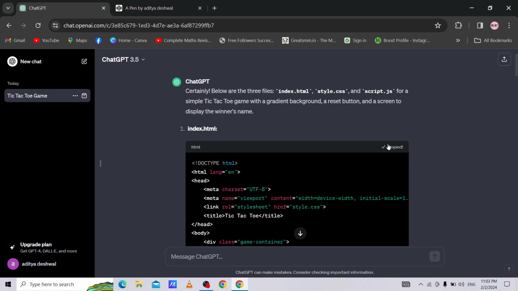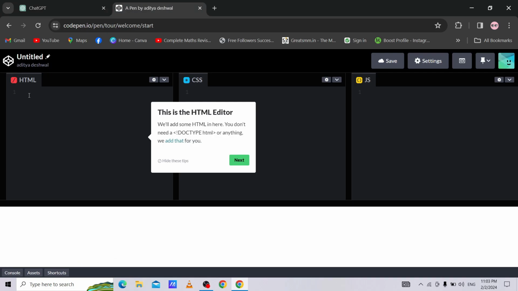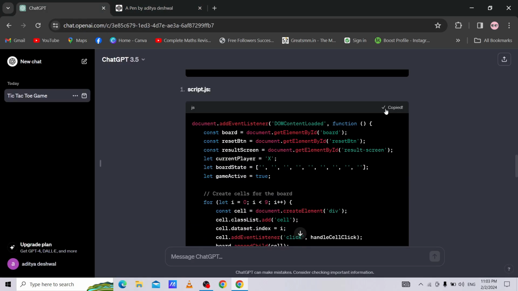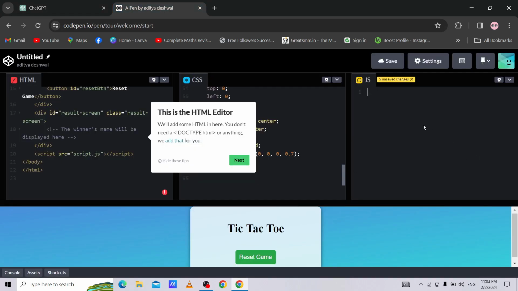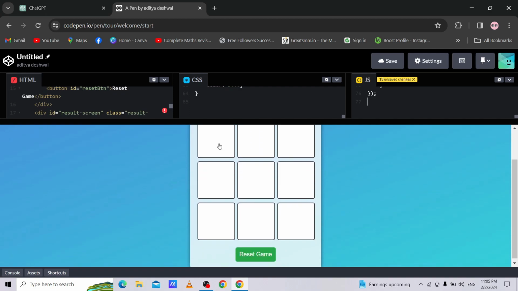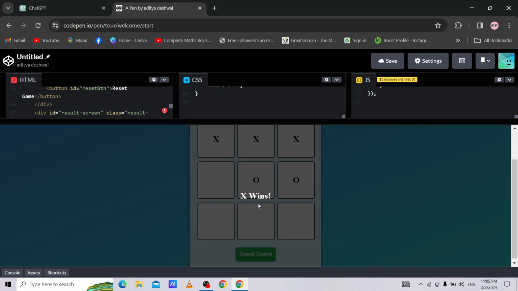After that, copy the HTML code from ChatGPT and paste it into the HTML section. After that, copy the CSS file, then the JavaScript file. So this is the UI of our app. As you can see, it's working fine, as we wanted to create a tic-tac-toe game with a reset button, and that shows the winner on